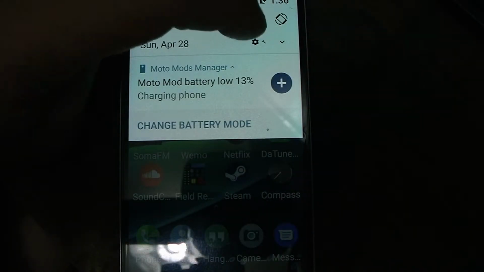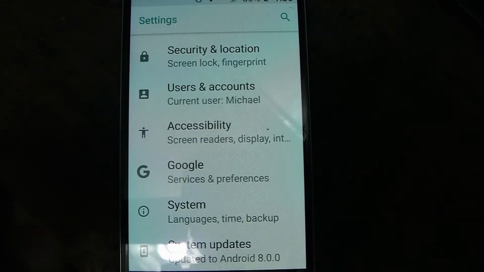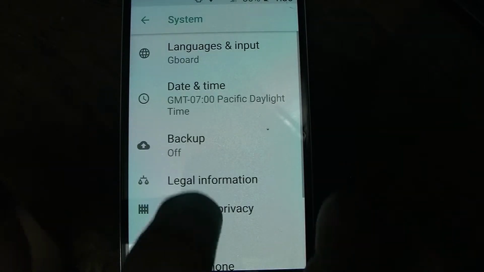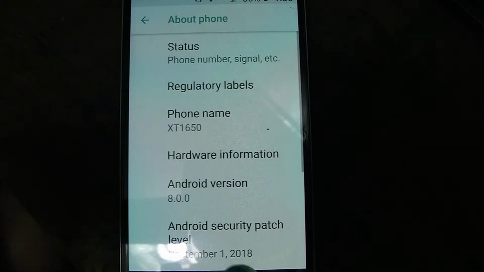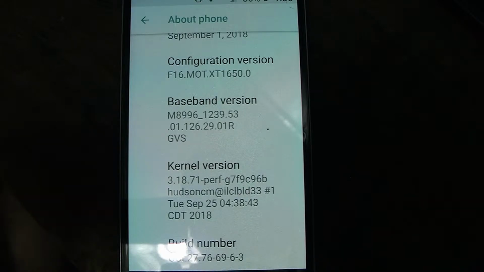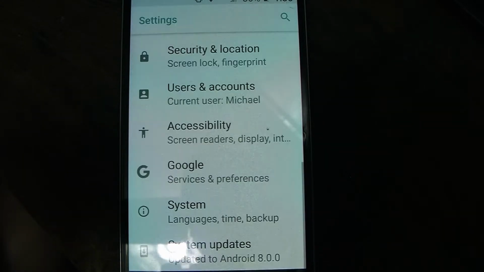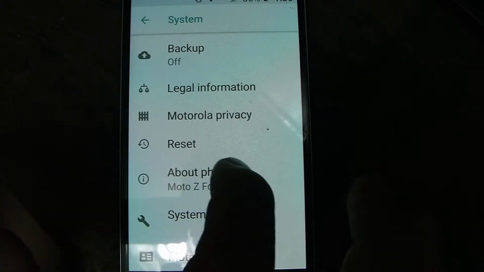What you can do is pull down your top menu, go into your settings, the little gear icon, go right to the bottom and go to System, and then go to build number. So let's do it quickly again. Go to System, About Phone,